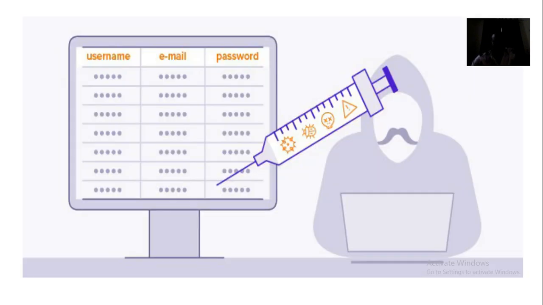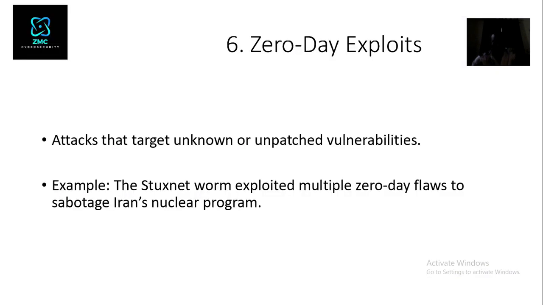So this is a graphical view of SQL injection. Number 6, we're talking about zero-day exploits. That's an attack that targets unknown or unpatched vulnerabilities. And an example was the